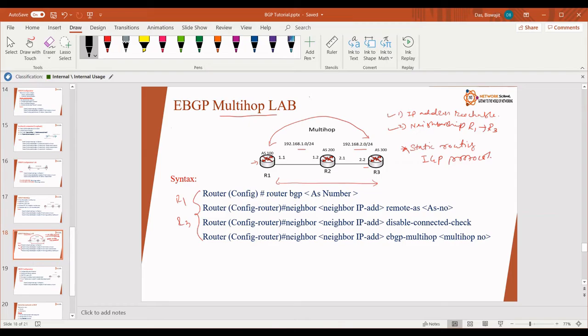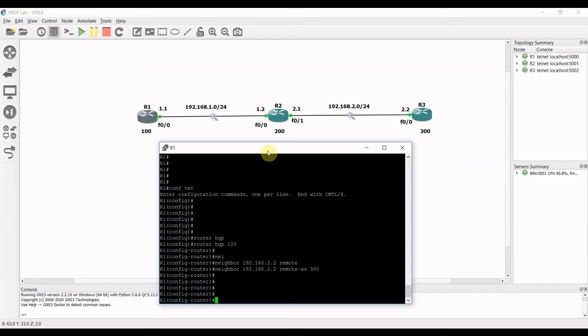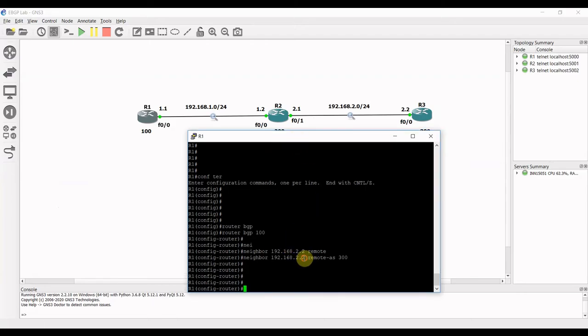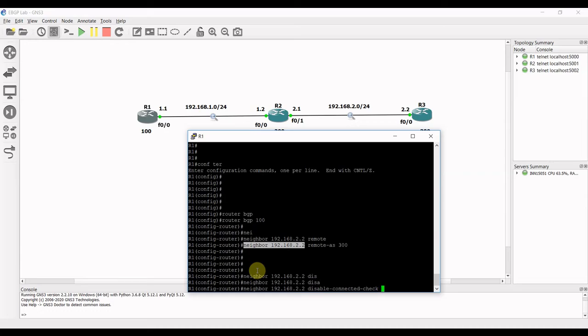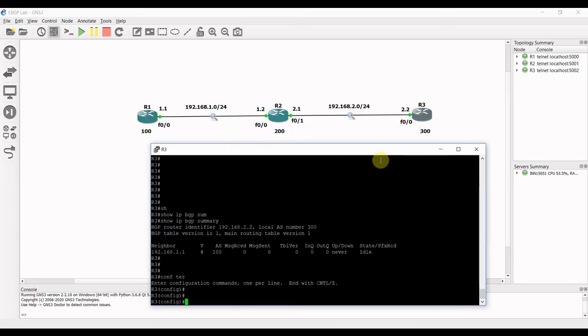So now we will go to router 1 and use the same command. We have to tell router 1 that we are not directly connected, so that Cisco IOS should skip this step. So disable connected check at R1, and simultaneously we will use the same thing at router 3.